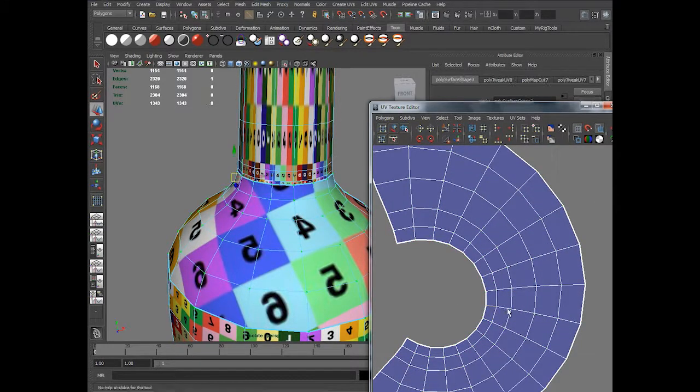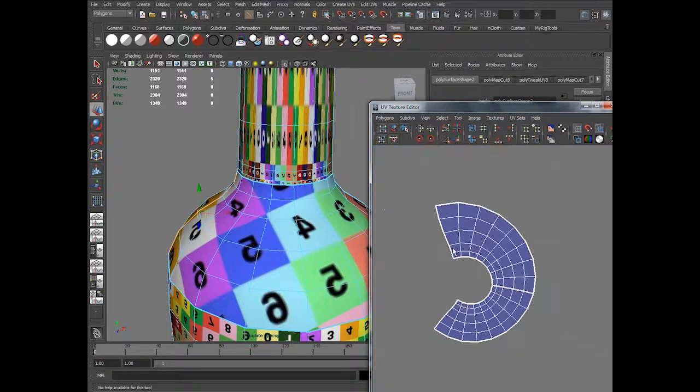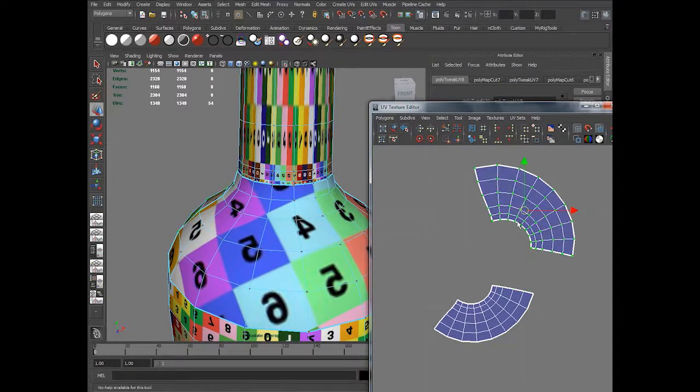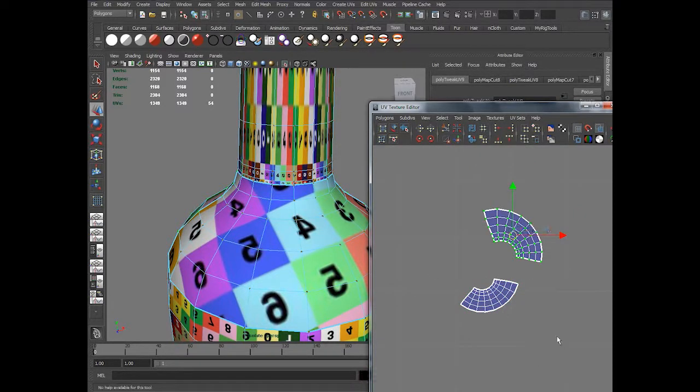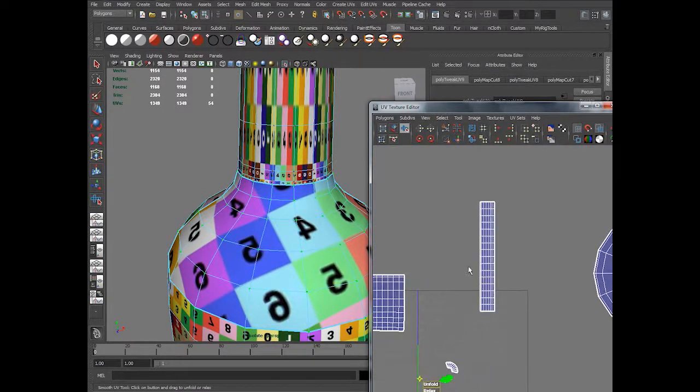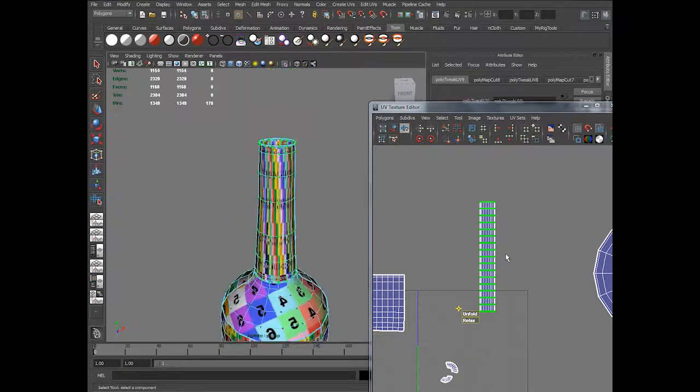So here again, I'll cut it, unfold, unfold. Sometimes if you try this smooth UV tool, you may get some results, and as the tool name is the same, unfold, it's like slowly infusing the amount of unfold into it. This is how it works. Whereas the normal unfold will do it in an instant, in a one-click thing. That's the reason why the result seems to be different in both cases.